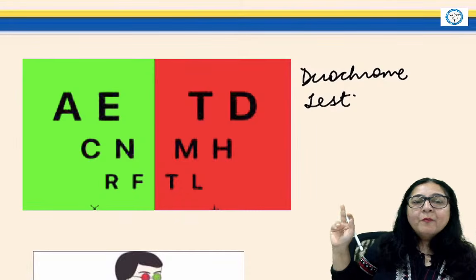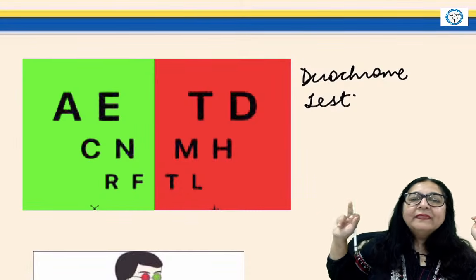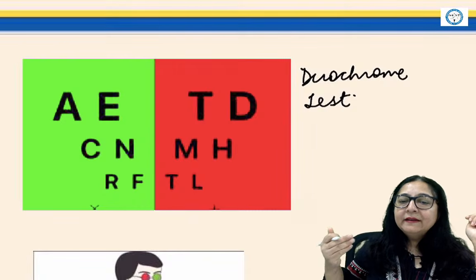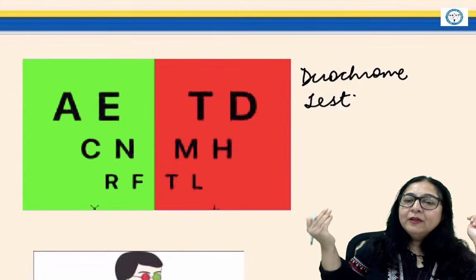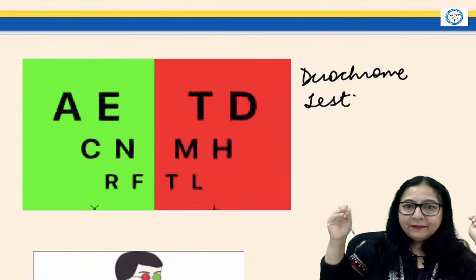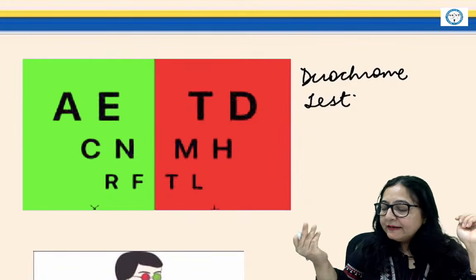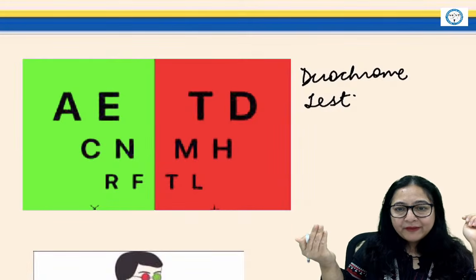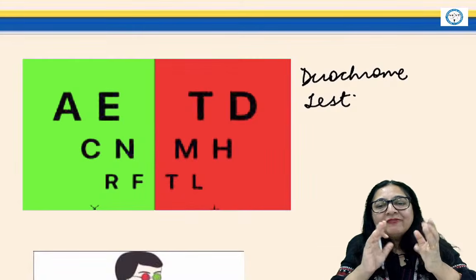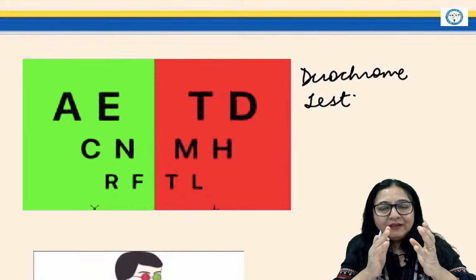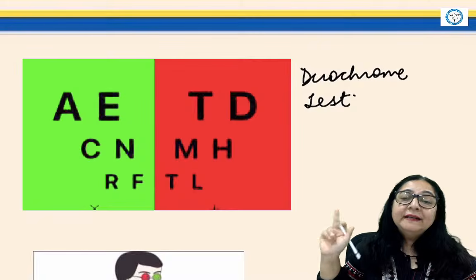But if you want to know more, if green is more clear as compared to the red, then it means you have corrected more towards the myopic side, so you will under-correct that a little. If red appears clearer than the green, then you have corrected more towards the hypermetropic side. So again you will under-correct that. So you will do the fine spherical verification or correction based upon this, but